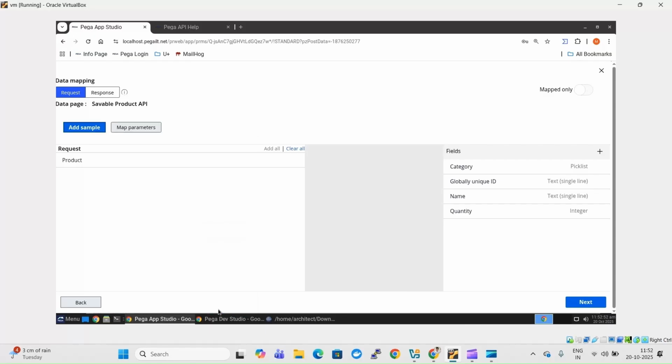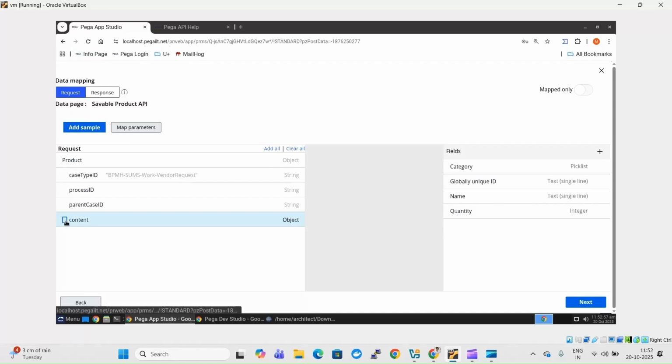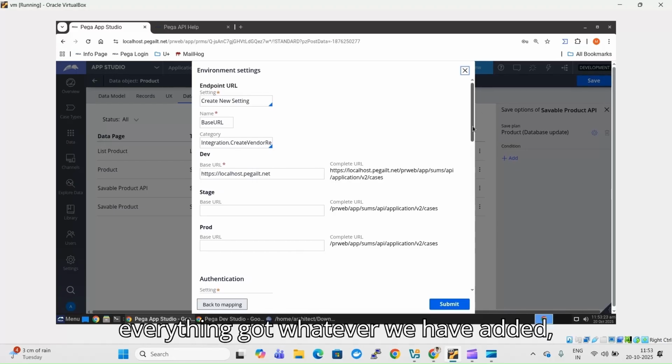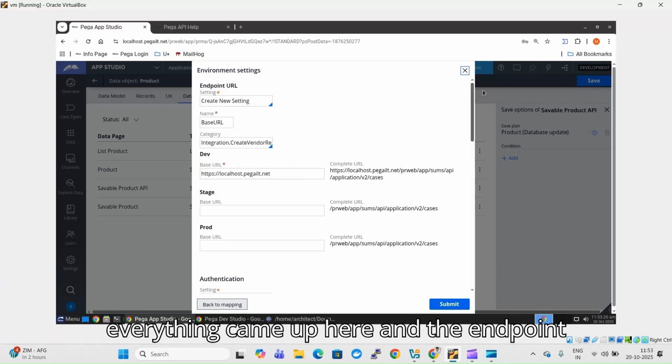Content, product name, t-shirt, and everything. But we can click on next. Okay. So now here you can see everything we have added came up here, and this endpoint